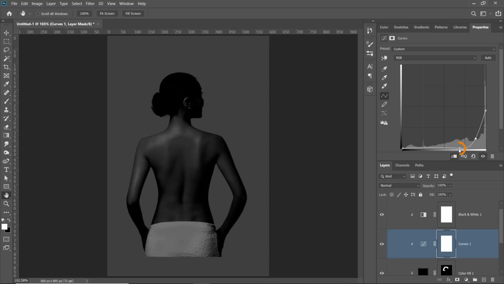I think it'll be better if I drag this point out. It only works with this one. And this looks pretty good. By the way, if you want to highlight the side of her body to make it seem as if light is hitting her, what you can do is select the curves adjustment layer mask, then select the brush tool, set